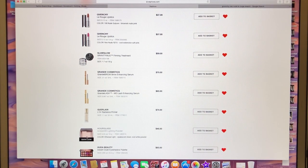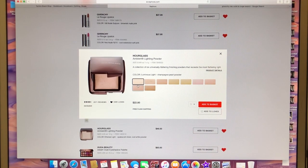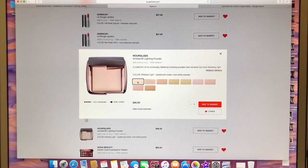Hourglass. We have the Ambient Lighting Powder. This one is in Ethereal Light. I used to have the little deluxe size of this. It was only 24 bucks. It was perfect for setting underneath the eyes. I think some of these, like this one, you can still get in the smaller size and it's $22. I had this for over a year in Ethereal Light,